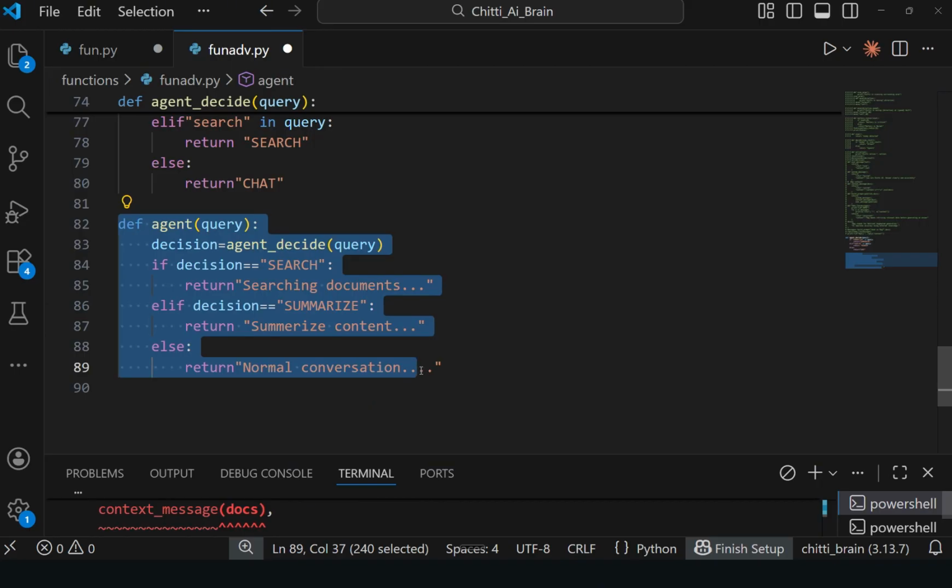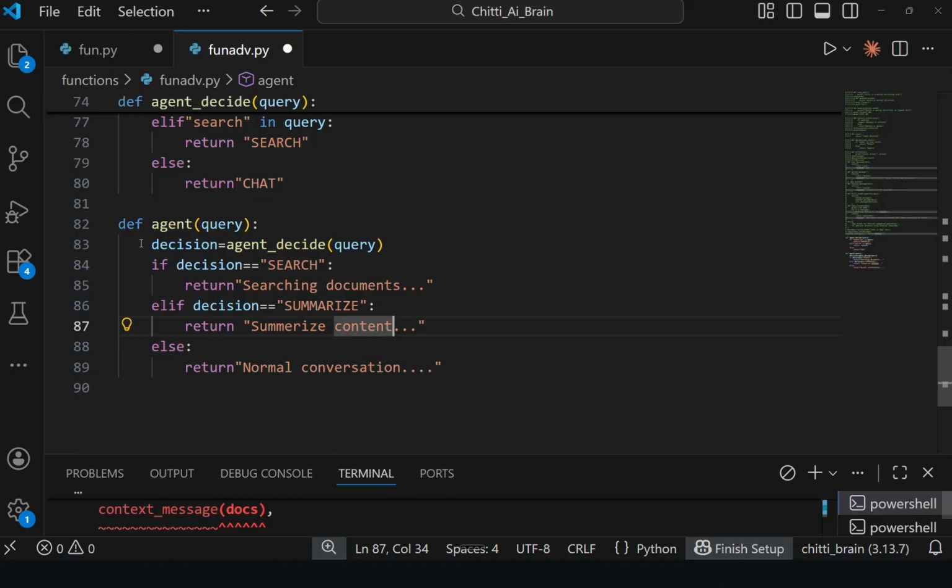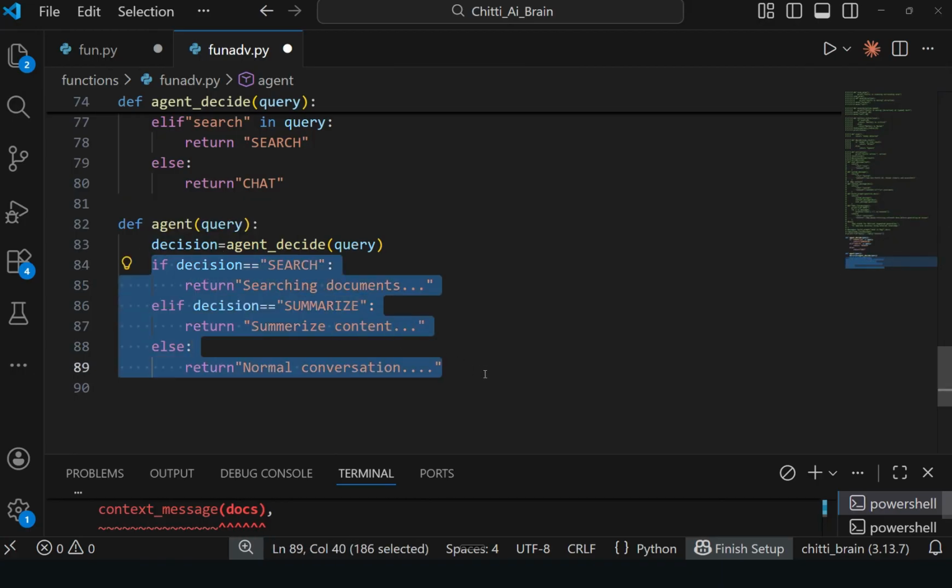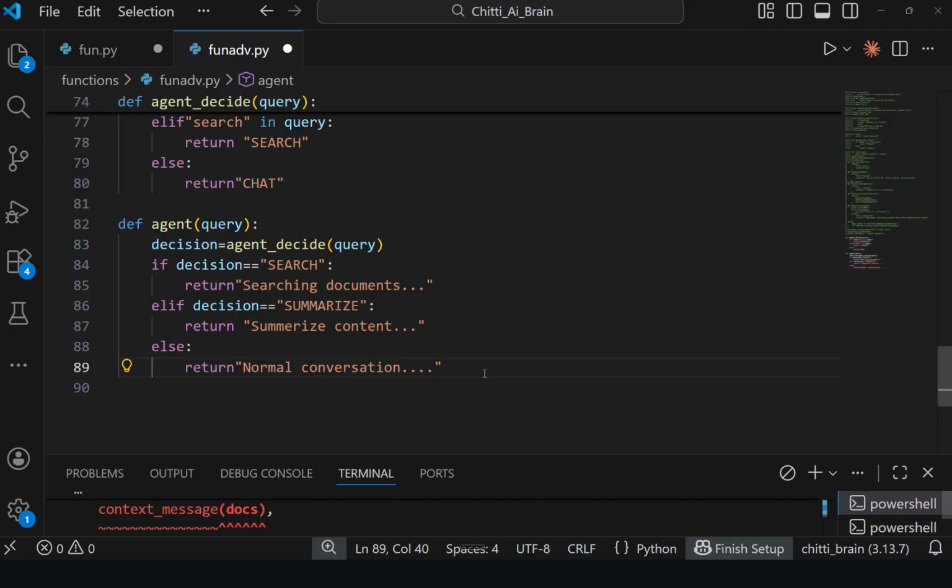Simply, we can call the function later. Even advanced AI agents start with simple if-else logic only, like this.